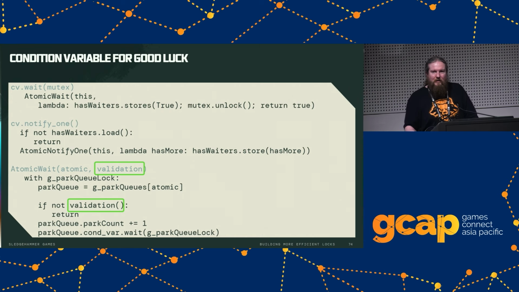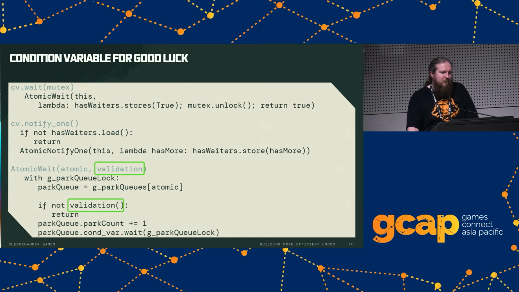So for a wait on a condition variable, if we've introduced our mutex, let's introduce a condition variable to be used with that mutex. When we do the wait, instead of having that variable that it waits on, we're just always going to wait for the condition variable. And we always pass in a mutex into a condition variable wait. What we're going to do is store that it has waiters, which is just a Boolean variable in our condition variable. So we set that to true, and then we unlock the mutex, and we return true